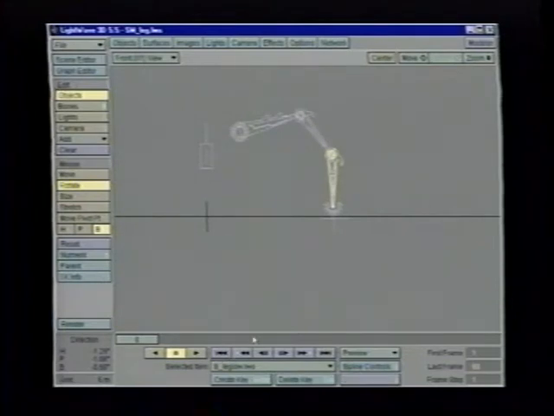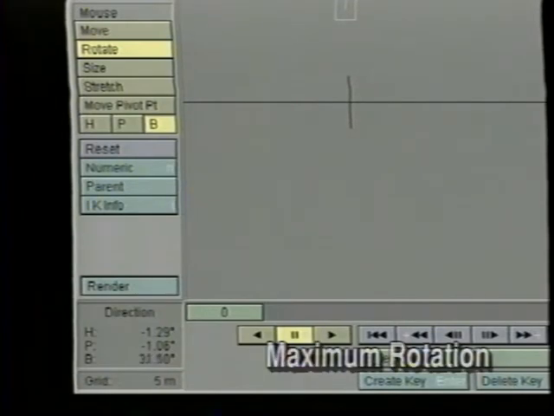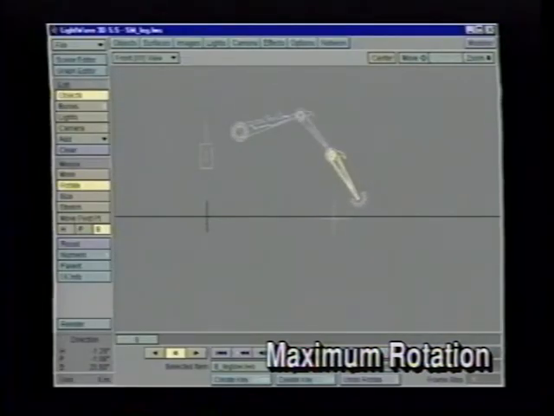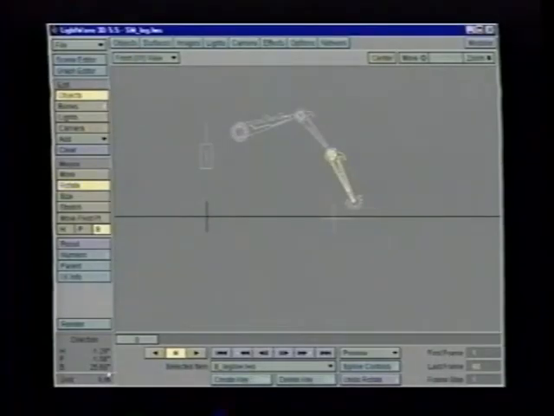So I'm going to go back to frame 0 where it's vertical, and I can see that my bank is at 0, 0, 0. I only want my leg to be able to bank about that far, and you can see that that's moving into the positive axis of the bank heading, or bank rotation. So I'd say that's about far enough. I can either write this number down,